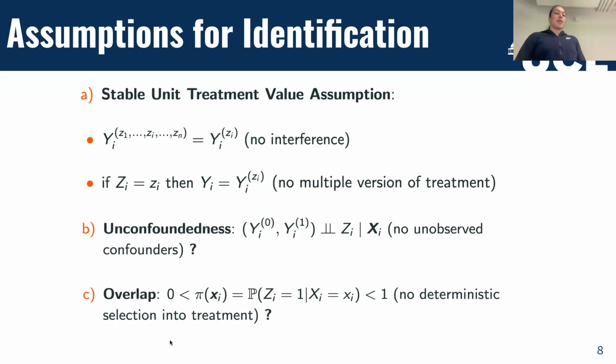The good thing about this is that it is checkable, because you can always look at your sample space, where you have people with different characteristics, and see whether you have both treated and untreated, but again, it might not hold in practice. And another thing is the overlap between the RCT and the observational studies, which we're going to talk about